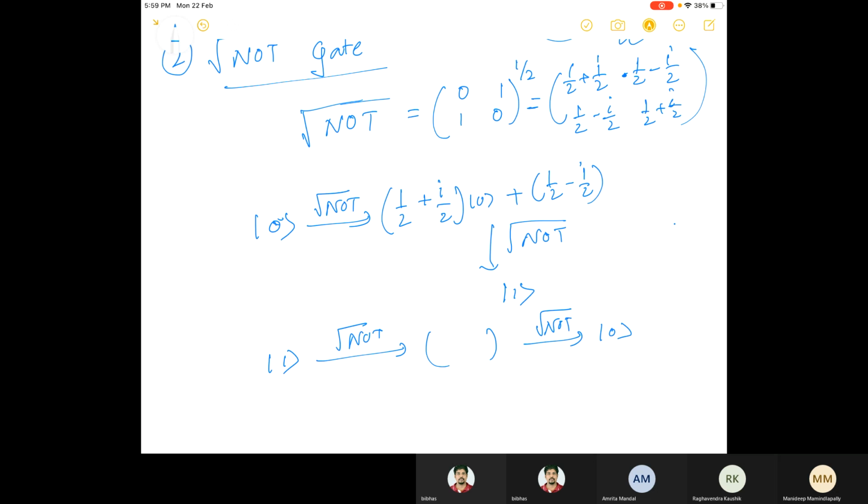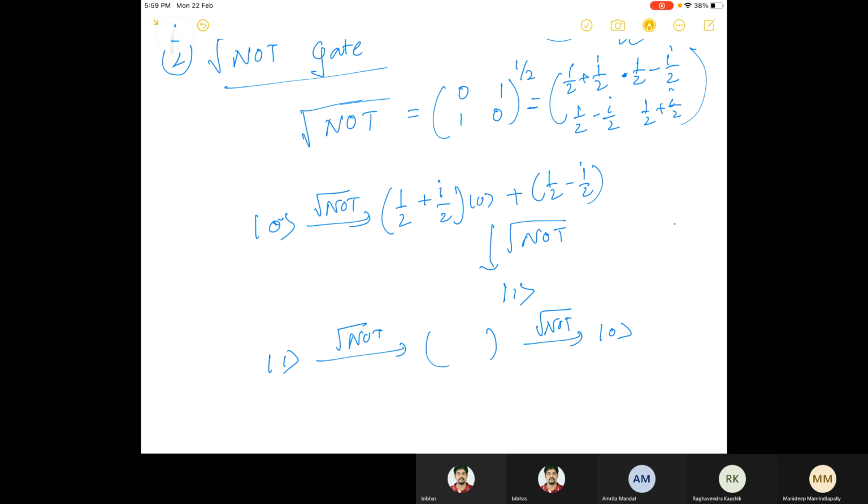But the question is, if you have repeated application of this gate, I mean 2 times, then it will give you the NOT gate. So basically the same thing. If you take the square of it, then it will give you the NOT gate. But